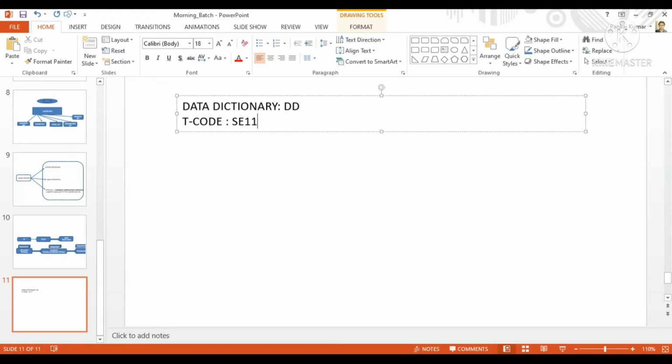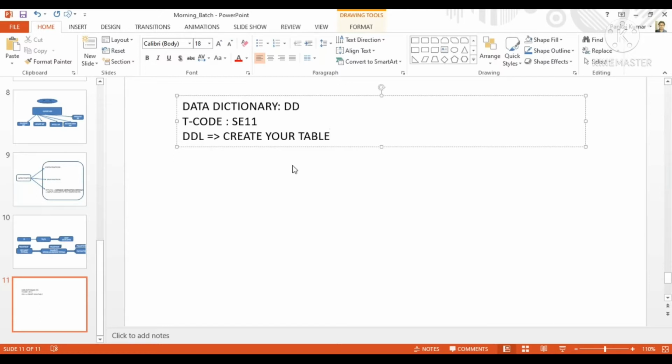With the help of data dictionary, we create the table. It is mainly for DDL. It provides the functionality for DDL, meaning the data definition language. You can create your table, and you can modify the table definition.